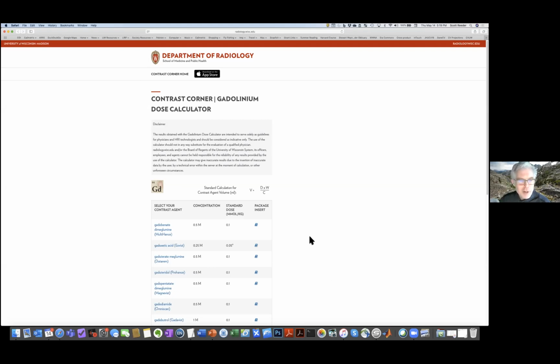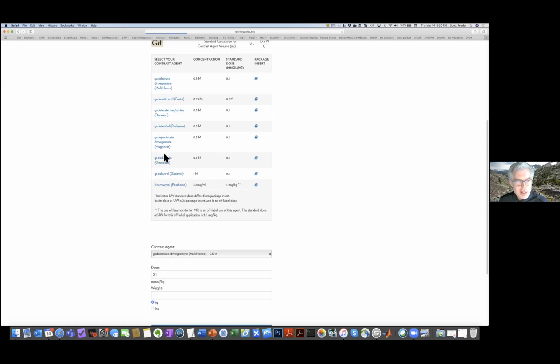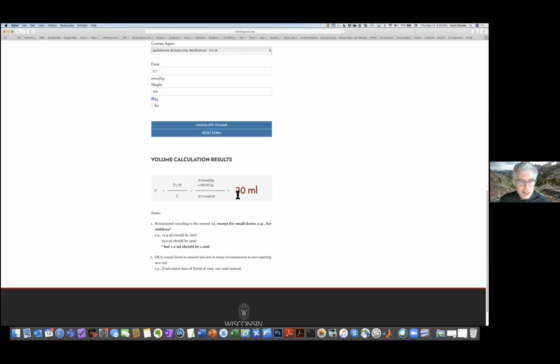Yes. Perfect. Okay, so there's a little disclaimer, and by the way, there's a link to the App Store as well to download the calculator. And then just pick whatever your favorite agent is. It doesn't really matter. Let's just take the top one here. And then we have it fill in a standard dose that we like to use at Wisconsin, but it might be different for certain applications. So for example, for a cardiac MRI, we use 0.15 millimoles per kilogram. And then you just enter the weight, let's say 100 kilograms, and hit return, and it gives you the volume